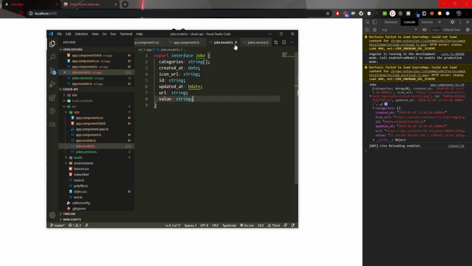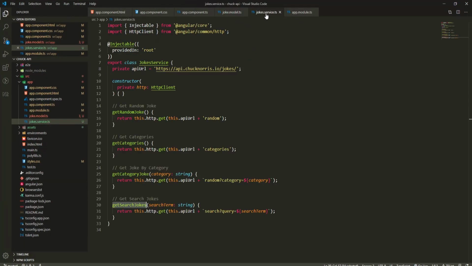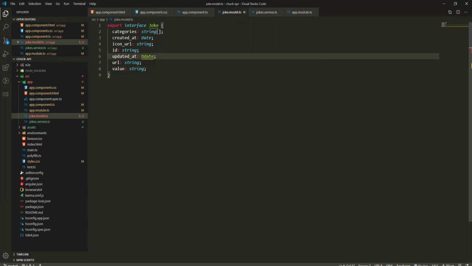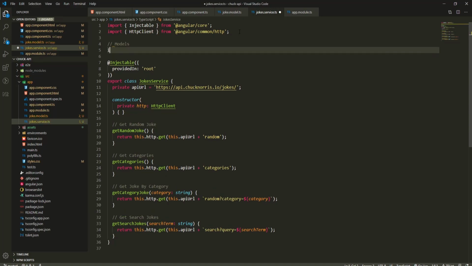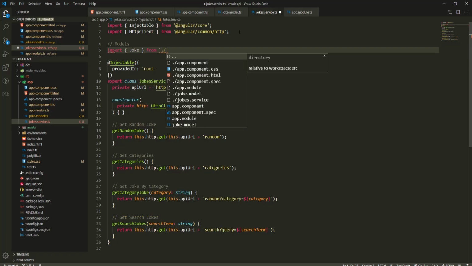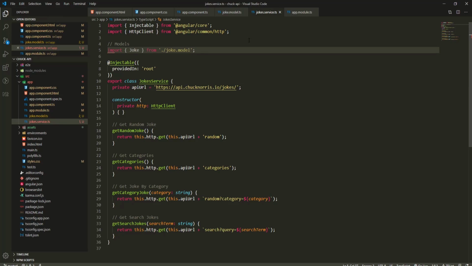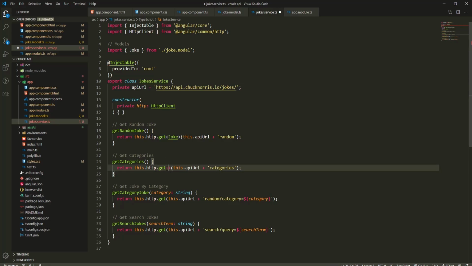So let's import this in our service here. There is a problem, I mistyped the date. So to import it here, we would use models import joke from joke model. Great. So now when we get the random joke, we know the type that we will get will be joke. It is the one, right? Then for categories, we would get the string array. Then for this part here, the random joke by category, also a joke,